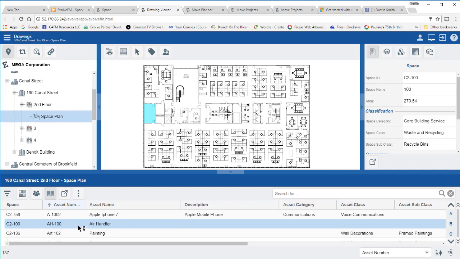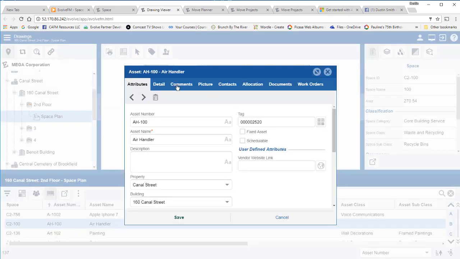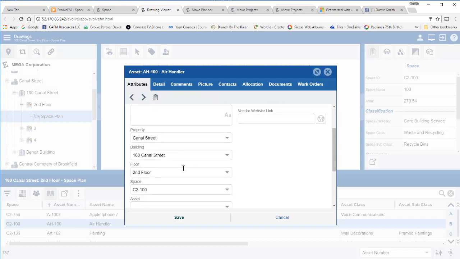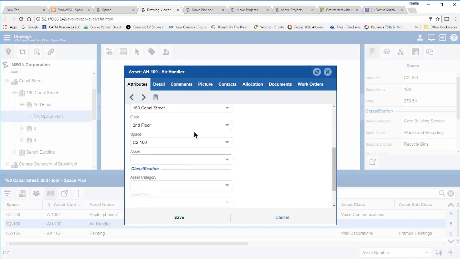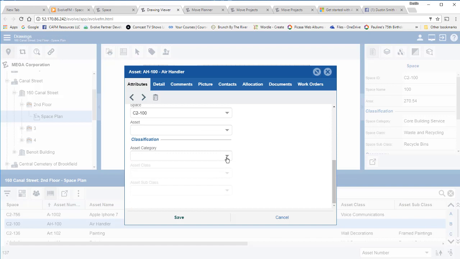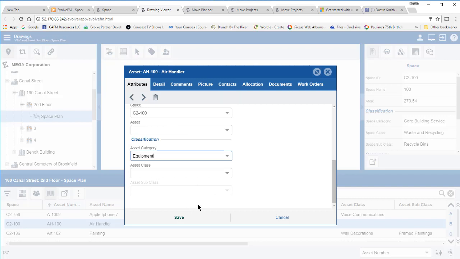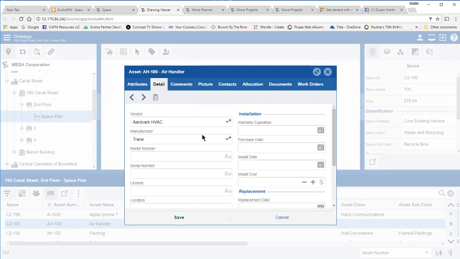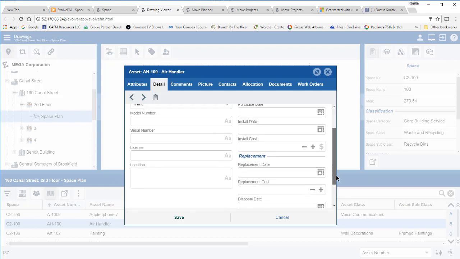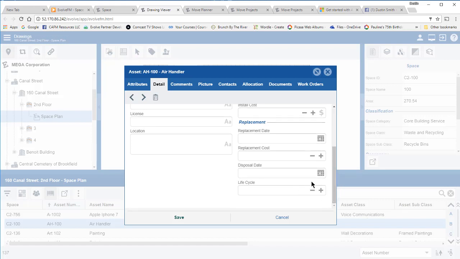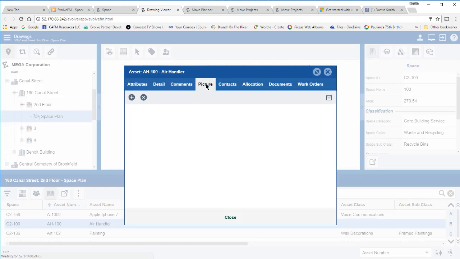And we haven't looked at the asset record yet, but this is probably a good place to do that. So I will double click on that asset record. I will open it up, and we can see that we have an air handler, and we can see the property, building, floor, and space it's in. If it's categorized, I can see what its category is, that kind of thing. I have the ability to look at details about model numbers and serial numbers and vendors and warranties and replacement information, etc., life cycles. So we have a lot of data again, comments, pictures,